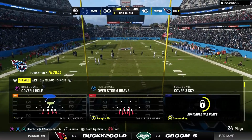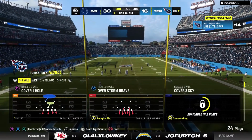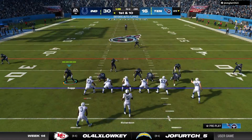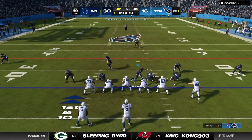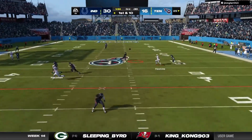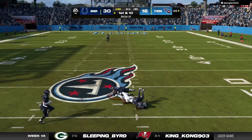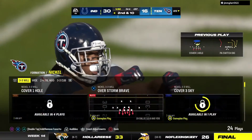At their own 25-yard line. The Colts come to the line ready to start their next drive. This is sort of what you would call a put-away drive. As they score here, especially a touchdown, it's almost out of reach. It certainly feels that way, and I think that they're going to call their plays accordingly, because what you really